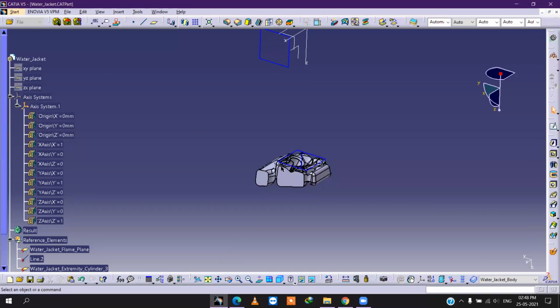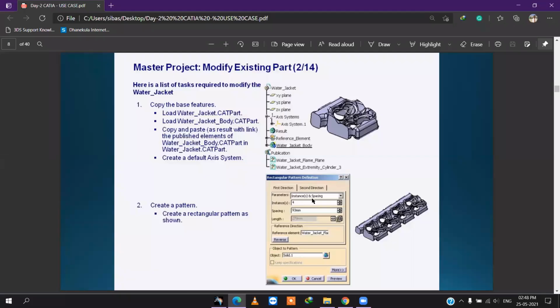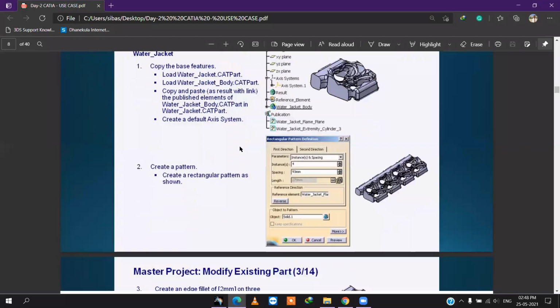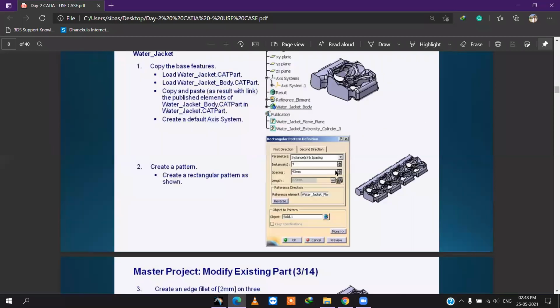After this, we have to go for rectangular pattern. Okay, this one. Instances will be 4 and the spacing will be 93. Here is our rectangular pattern.